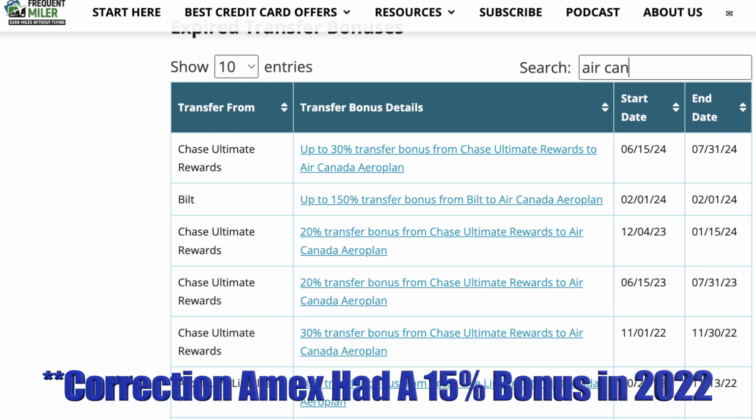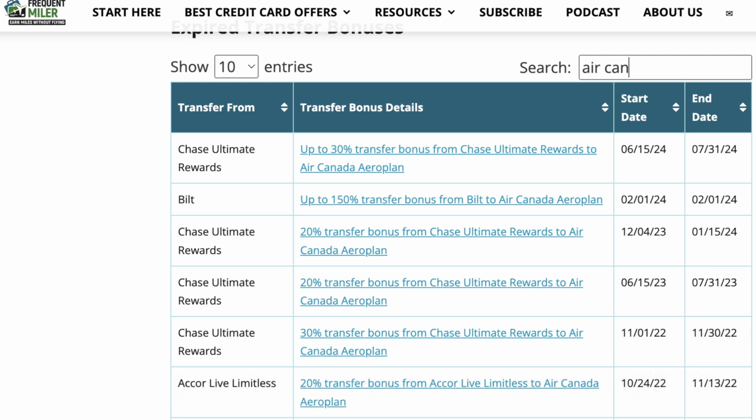Now, I don't know if this is a coincidence or not, but ever since the Chase Aeroplan card has come out, the only major bank that has had a transfer bonus to Aeroplan, excluding Bilt Rewards that seems to have its own different rule set, has been Chase. So if you have Chase Ultimate Reward points and you have a Chase credit card that allows you to transfer your Ultimate Reward points over to your Aeroplan account, and you are transferring all these points during a transfer bonus, you'd be getting 20% additional points, but also you'd be able to redeem those points at 1.25 for travel